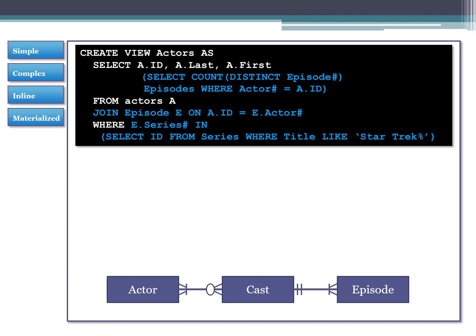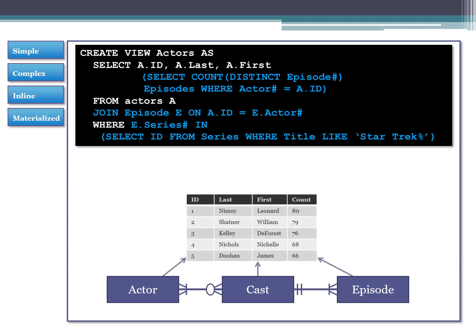If you've got millions of people in the database, it could take a while for it to run this logic. It could be 10 minutes to run this query if it's not well optimized, or if there's a lot of data with a lot of joins and all kinds of interesting things happening. So instead, we can create a materialized view. So a materialized view is going to create that virtual table, but